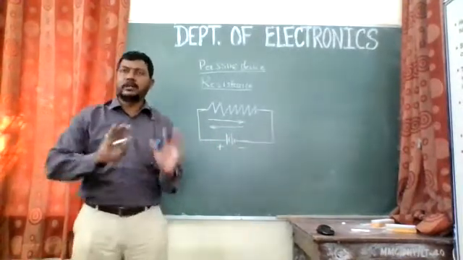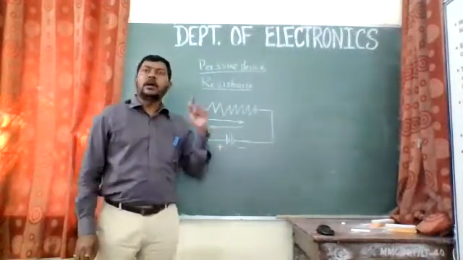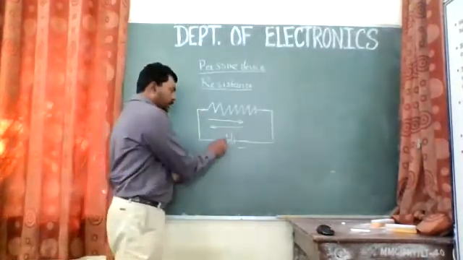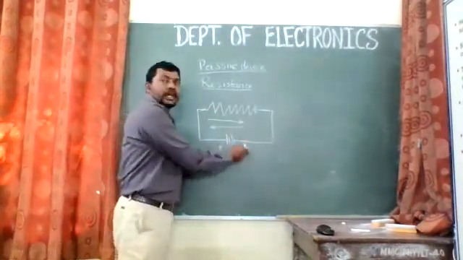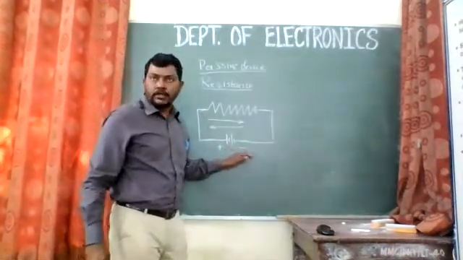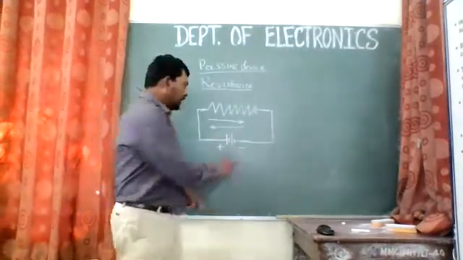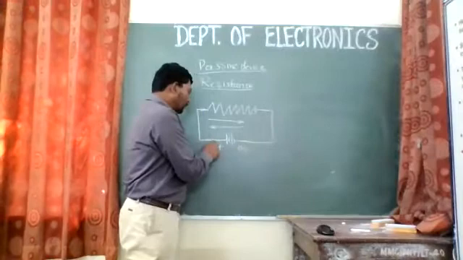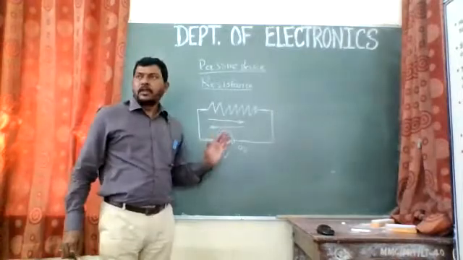We'll talk more about DC and AC supply in depth, but just imagine this is a DC supply which has a higher polarity and a lower polarity. The higher polarity we call positive, and with respect to it, the other terminal is at a slightly lower potential, and therefore we call it negative polarity. Sometimes we take it as 0 volts, and the other as, for example, around 5 volts.